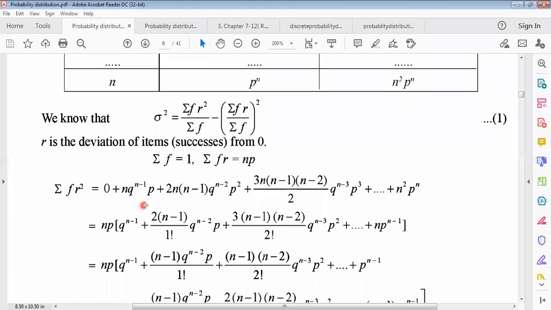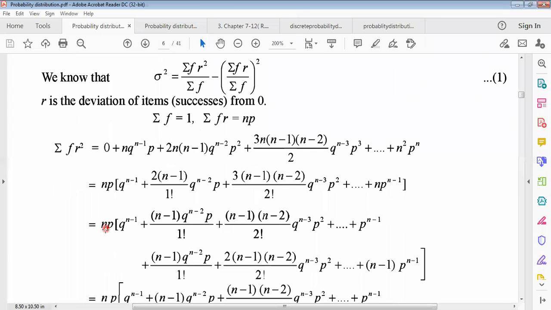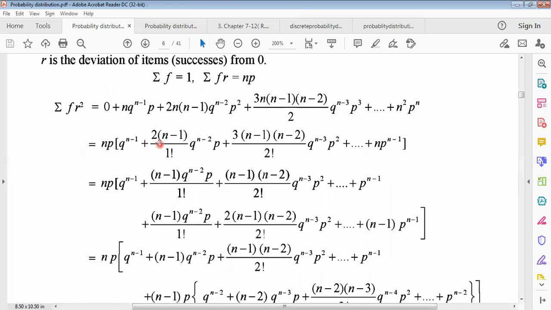Now taking np common. np common: np q to the power n minus 1. The 2 into n will be absent and only one p will be gone as a common. So from the third term we get this, and from the last term we are taking p as common. This is why it is p to the power n minus 1. Understand? So np is common. Now there are 2 in the second term, there are 2 into this.